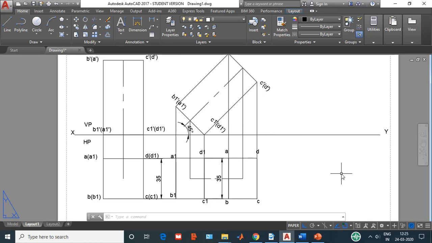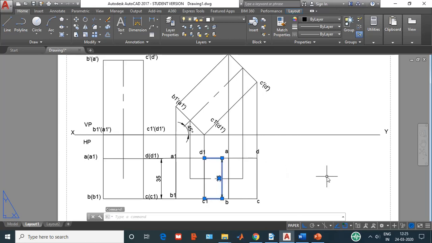Please make a note of this point: whatever is inclined to VP, if its length is not changed, you don't have to find beta, the apparent inclination. If its length is changing, then you have to find the apparent inclination beta. You have to do this for each and every problem before you go to the third position.